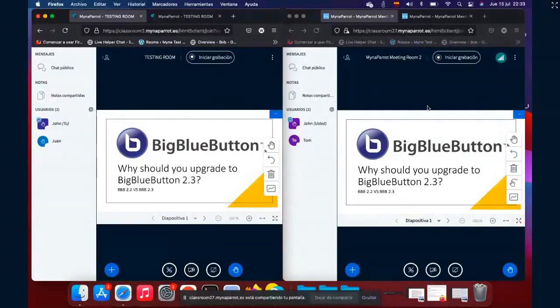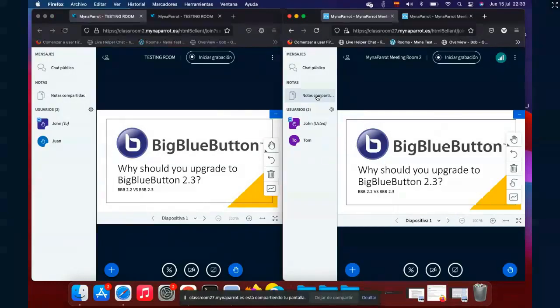This side is now BigBlueButton 2.3. I have to say it again because it looks very similar, but it's different. I think I have to make two sliders, this one is 2.3 and this one is 2.2. It makes more sense. But I can show you. Here is the big 2.3.